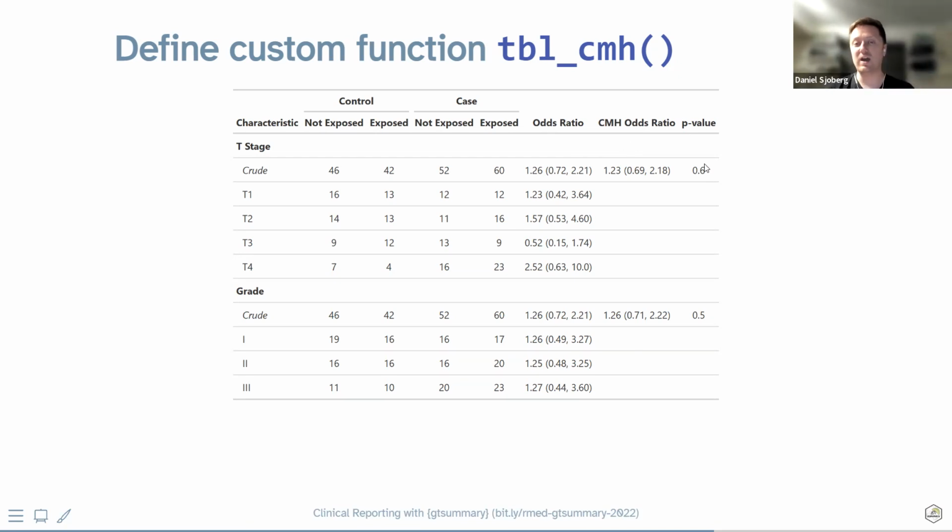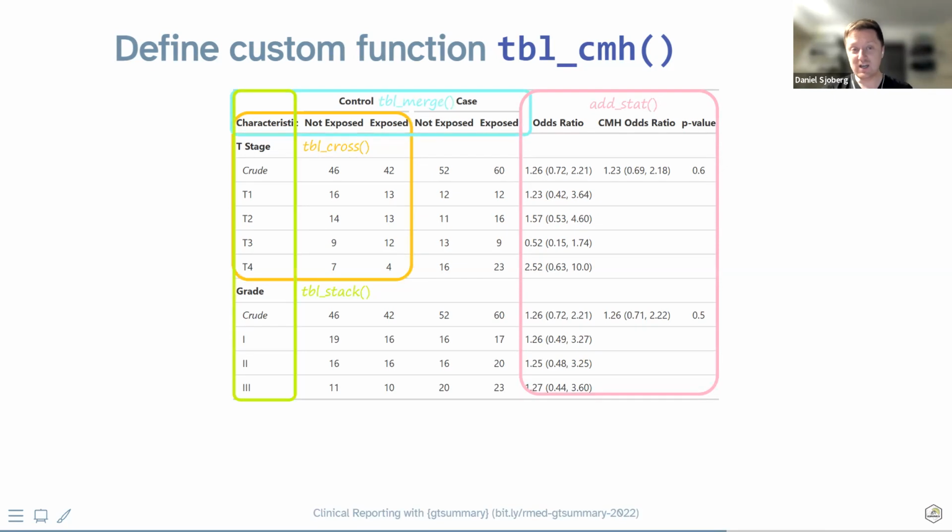They said, can you make a tbl_cmh for Cochran-Mantel-Haenszel? And I said, well, no, I cannot, because if I make your table, I have to maintain your table, and maintenance is actually a huge job. But what I can do is show you how to create this table, and let's put it in one of your own packages for your own group.